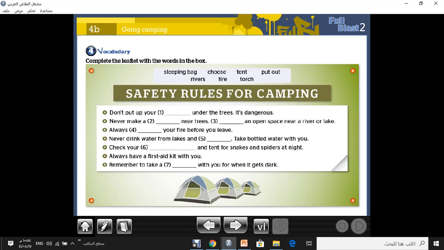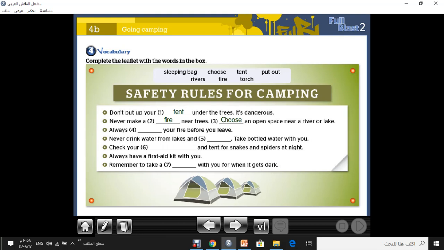Number one, don't put up your blank under the trees. It's dangerous. Yes, don't put up your tent under the trees. It's dangerous. Number two, never make a blank near trees. Yes, never make a fire near trees.